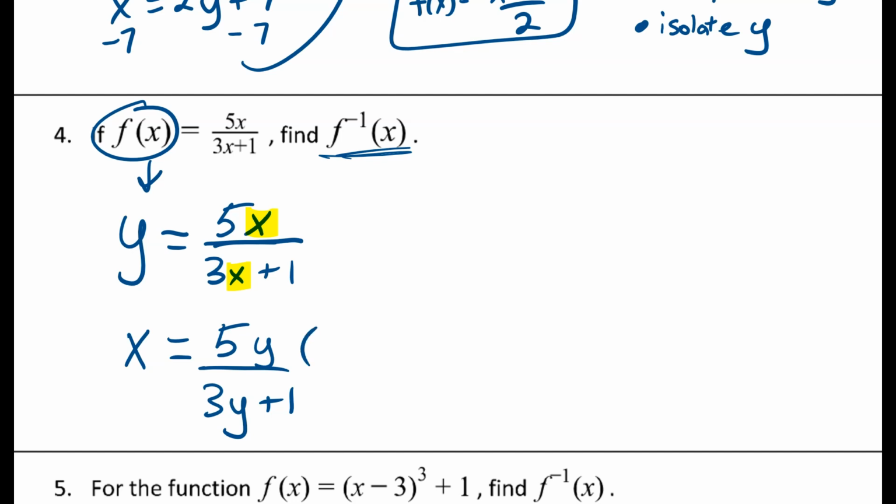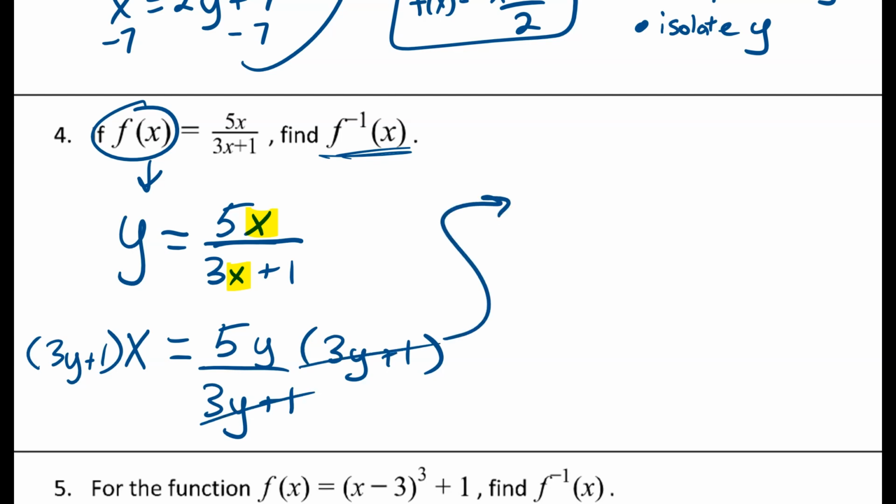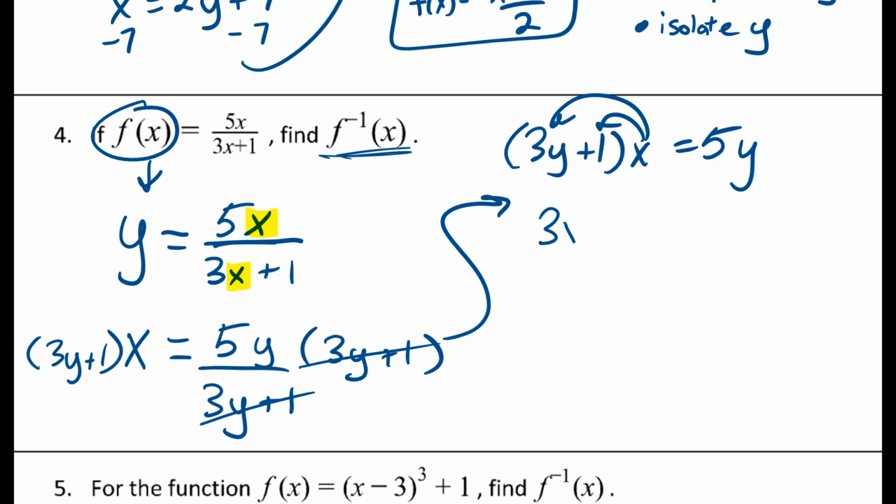So I'm going to start just by multiplying both sides by 3y plus 1, because I don't like to deal with fractions, and I know if I multiply it, it would reduce over here to 0, and I'd be just left with 3y plus 1 times x is equal to 5y. I'm just going to distribute this x into the parentheses here to get 3xy plus x